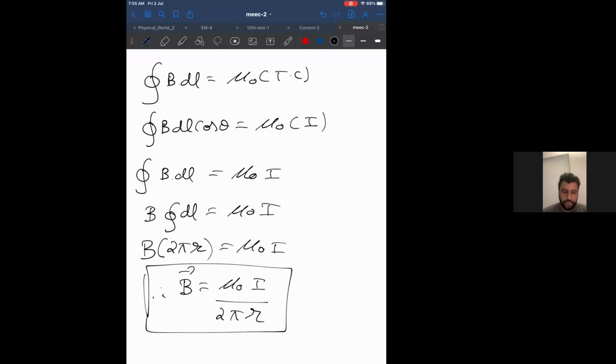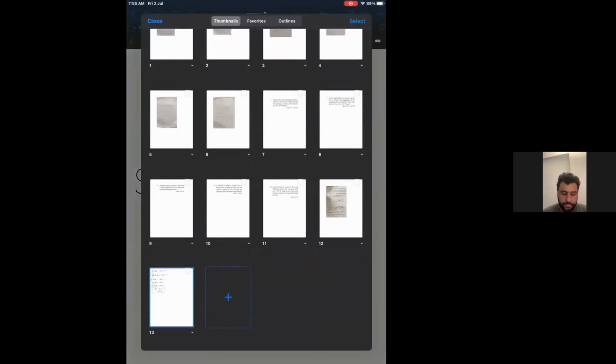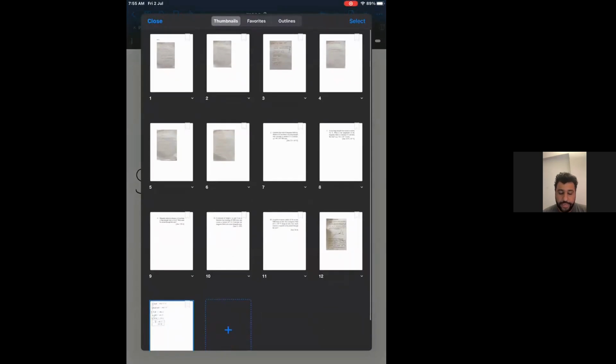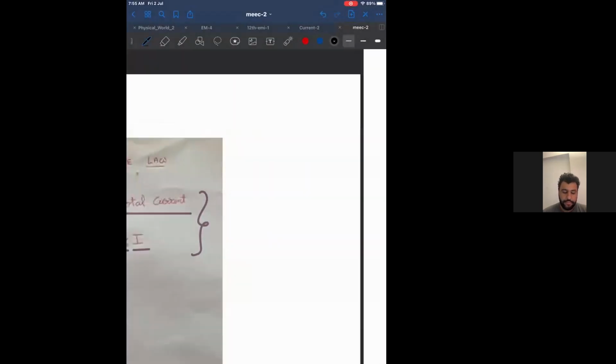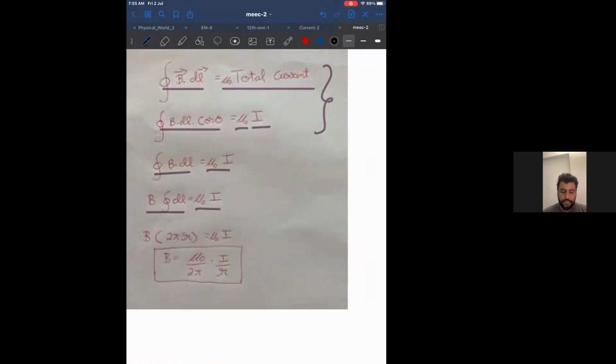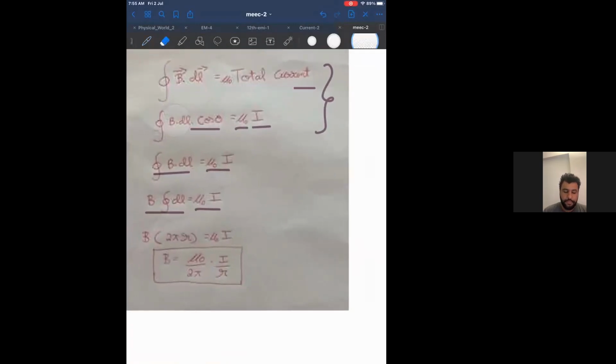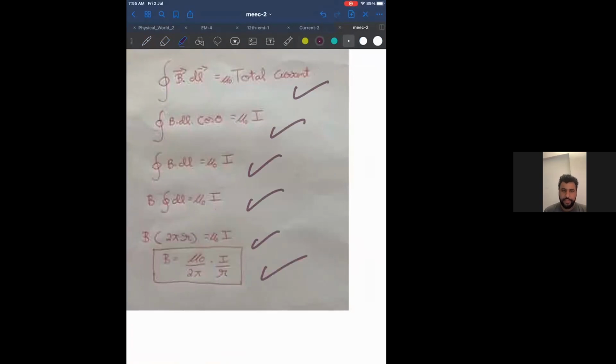Now, don't write, I will show it to you because that is blurred. You don't have to see that. Tell me, read it. Tell me if you understand. First line, second, third, fourth, fifth, answer. Don't write. I'll show you from my slide. I have written exactly the same thing on a blank page.